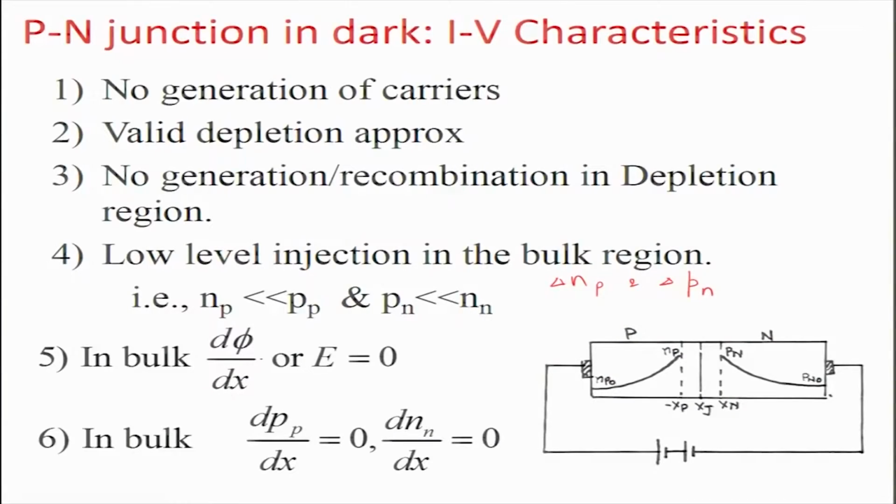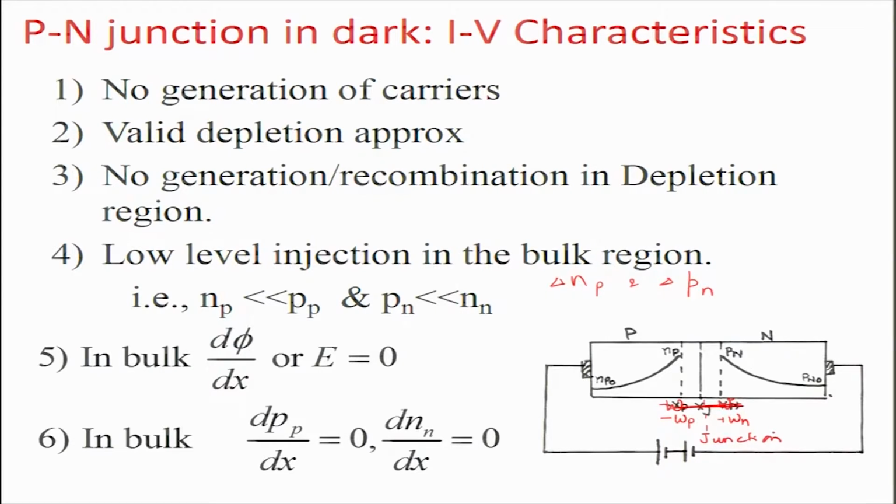In the bulk of the semiconductor, the electric field is equal to 0, because of the flat band condition, and in the bulk we also have the carrier concentration as a function of distance in both p and n side. For the majority carrier the variation is equal to 0, because the majority carrier concentration remains unperturbed. As a result, you don't have variation in these. However, if you look at the minority carrier concentration, it is something like this. So this should be minus Wp, this is plus Wn, and this is the junction.